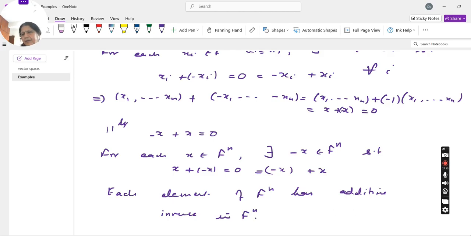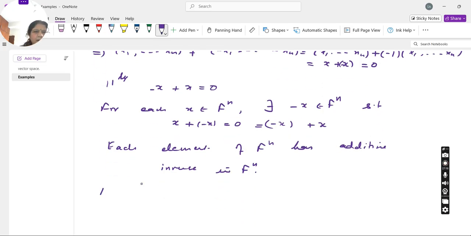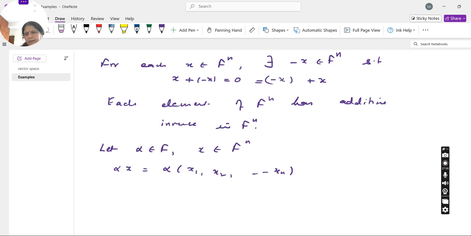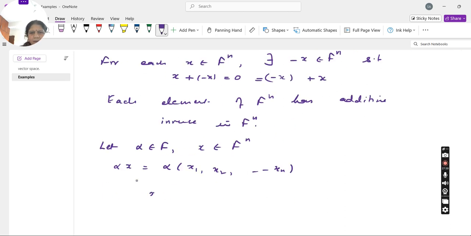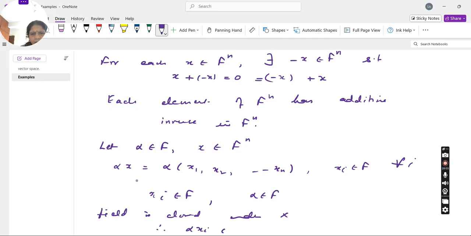Now we are coming to the scalar part. Let alpha belong to F and x belong to n-tuple of F. Then alpha into x is alpha into (x1, x2, ..., xn), where xi belongs to F for all i, meaning i lying between 1 to n. xi belongs to F is a field element, alpha belongs to F is a field element, and field is closed under multiplication. So therefore alpha xi belongs to F,